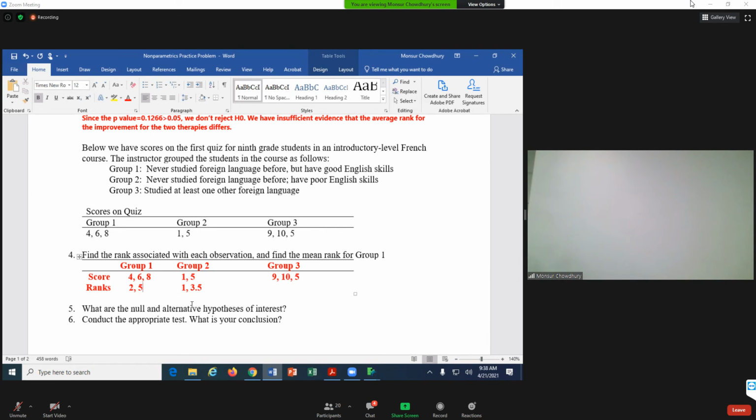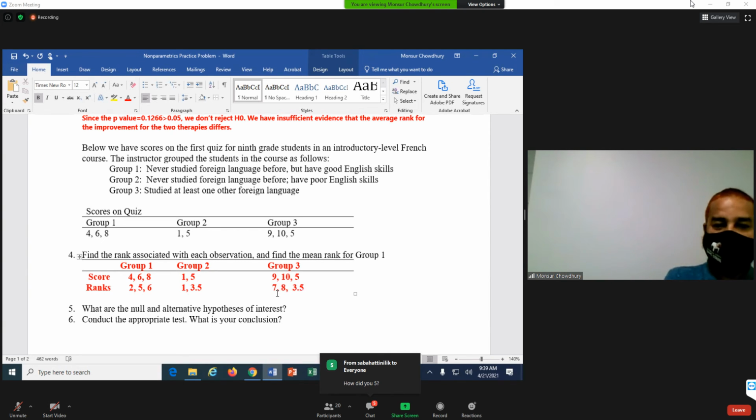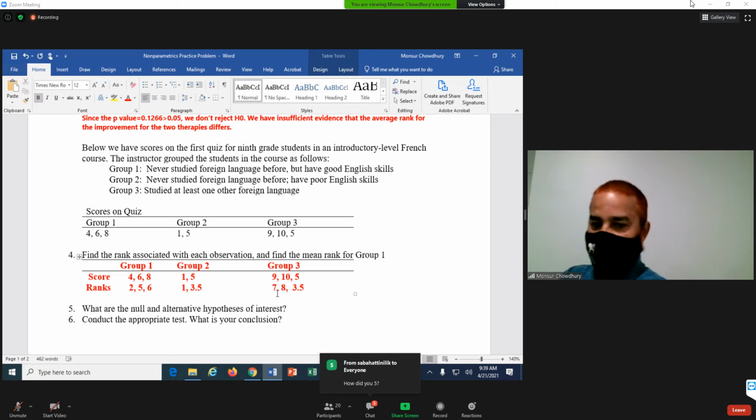Now for the 8, it is 6. For the 9, it is 7, and for 10, it is 8, and the 5 is 3.5. So this is our rank for each of these groups.